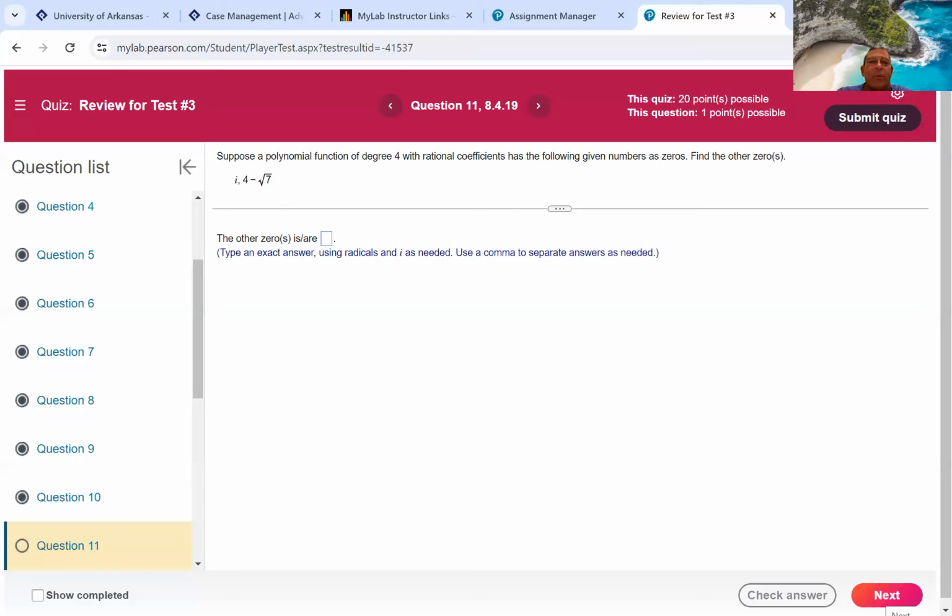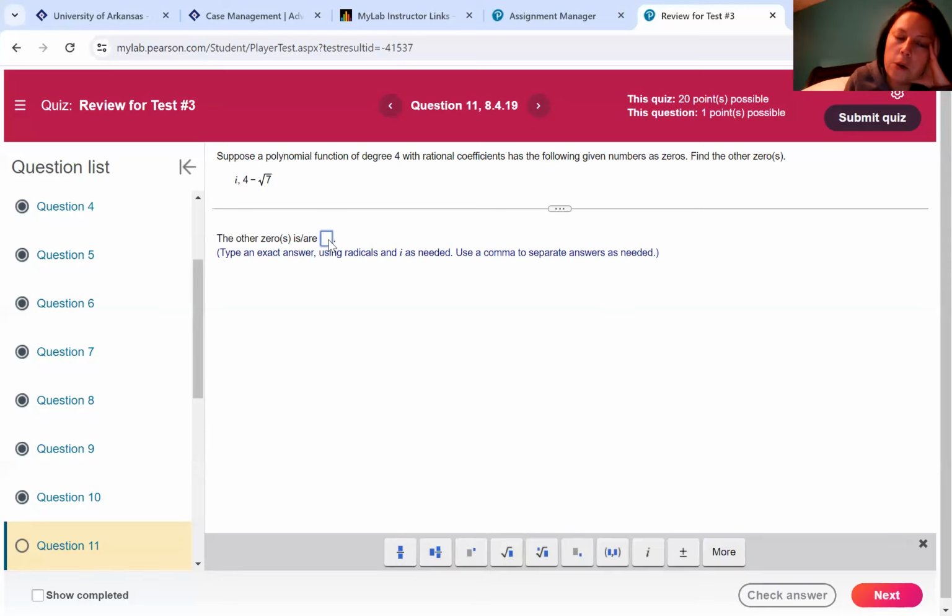Oh, we don't need to write this one down, y'all. Suppose I got a polynomial of degree 4 with rational coefficients, and it has the following given numbers as zeros. They want me to find the other zeros. So I got 2 zeros, i and 4 minus square root of 7. So do y'all know what my other 2 zeros are without doing any work? Negative i and